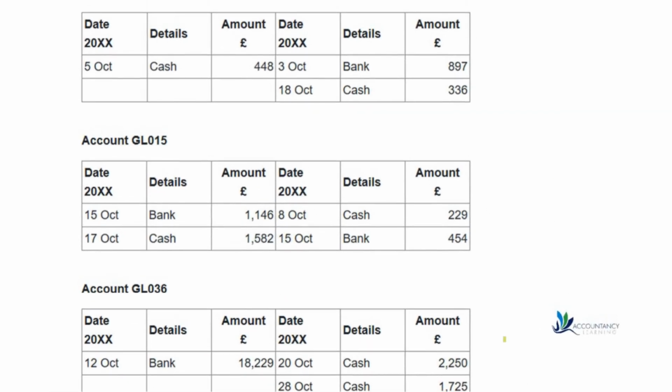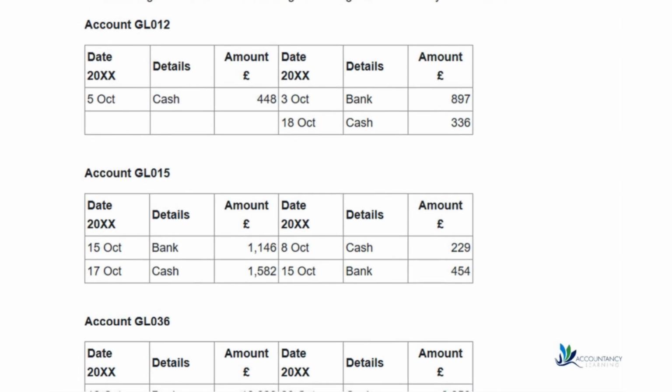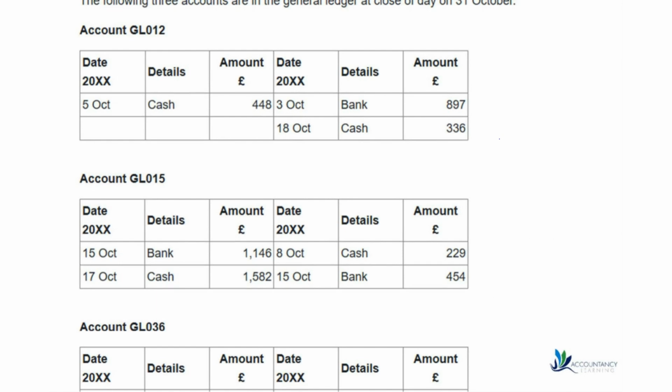So let's have a look through them. We need to find our balance carried down, so we're going to look for the highest of our debits and credits. So for this one here, GL 012, we're going to have a total of 1233, that's our highest side, which means we're going to have the same on the debit side, but we now need a balancing figure. So that's going to be our carried down figure of